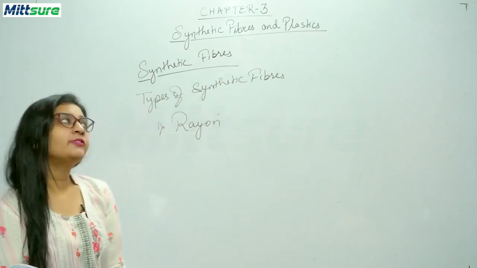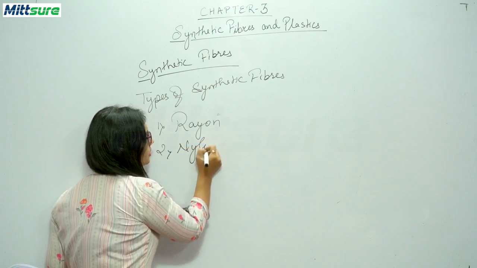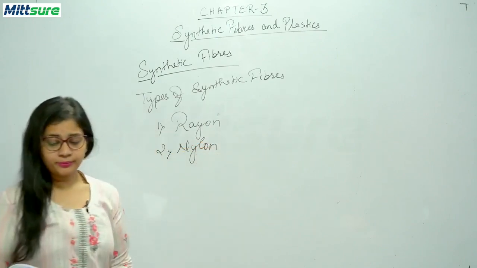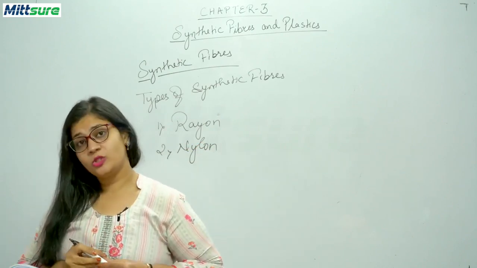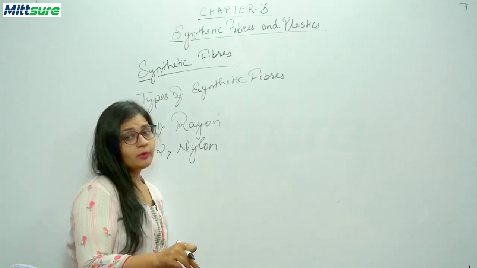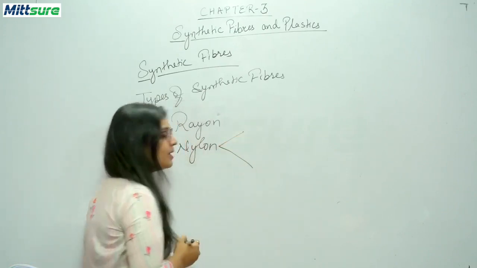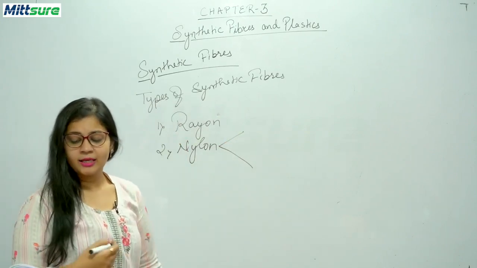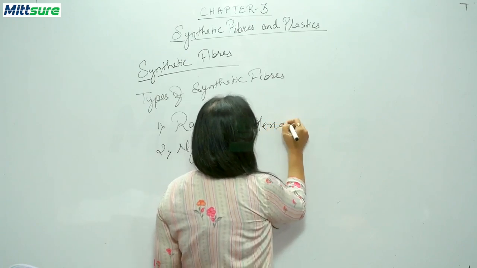Now the next type of synthetic fiber is your nylon. You know students, this nylon is also a polymer and it is made up from two monomers. Two monomers मतलब two units. So the name of the monomers from which nylon is made is hexamethylene diamine. What is the name of one is